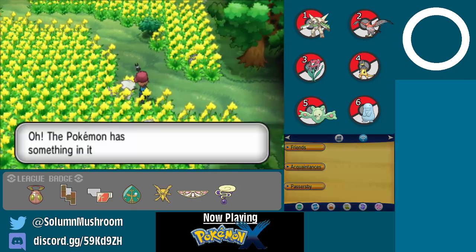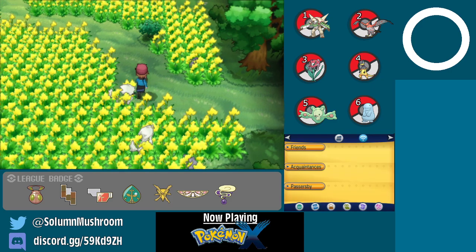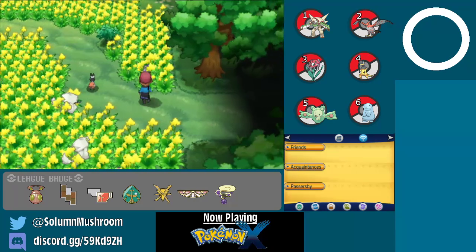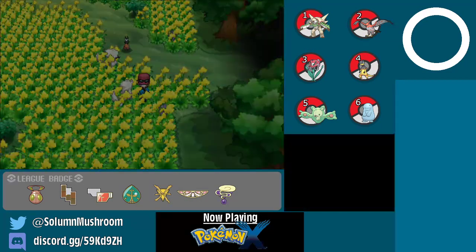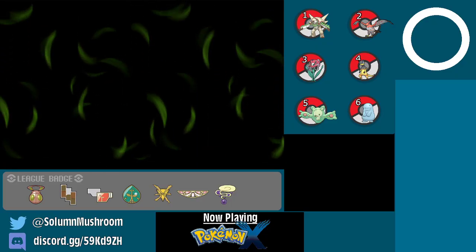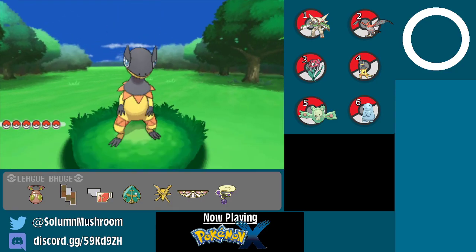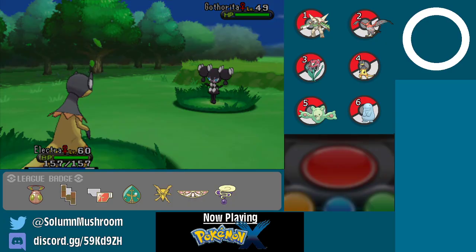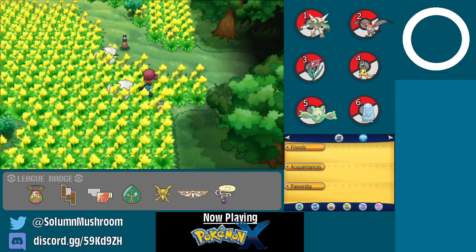Well, sure. Let's talk to them. Choppleberry. A pretty wing. Oops. Gotharita. Interesting, considering normally they only give you one of the Gen 5 psychics and make the other version exclusive, but